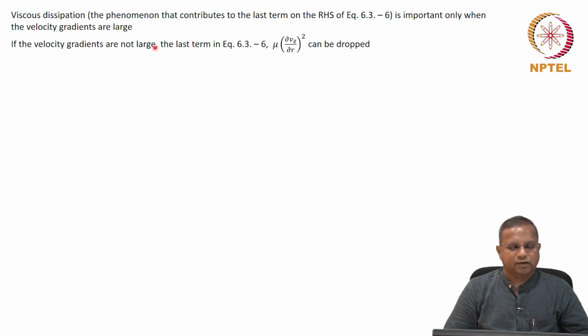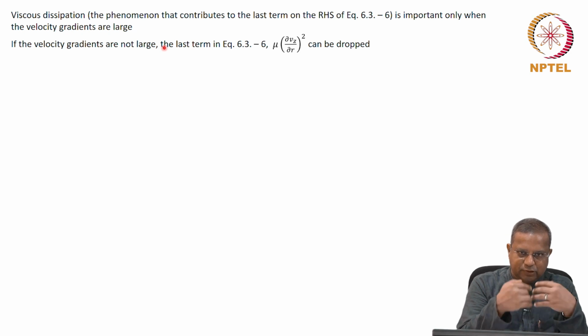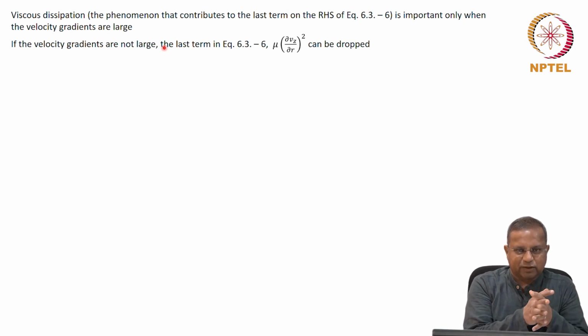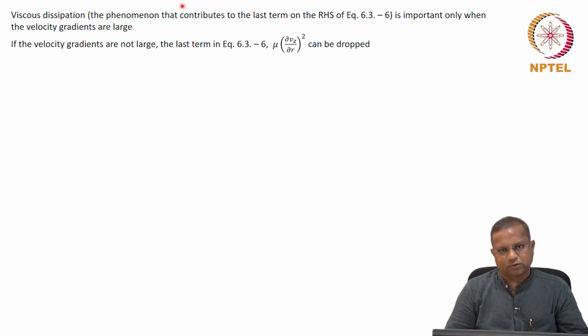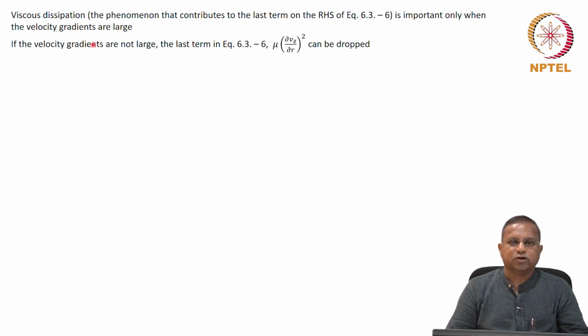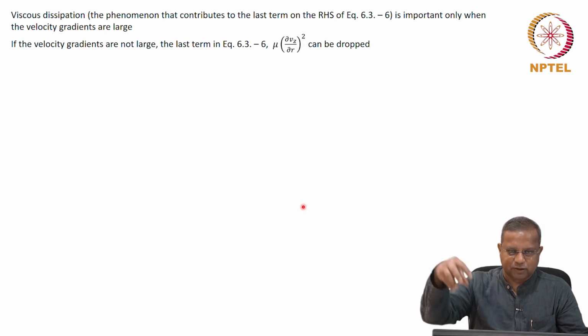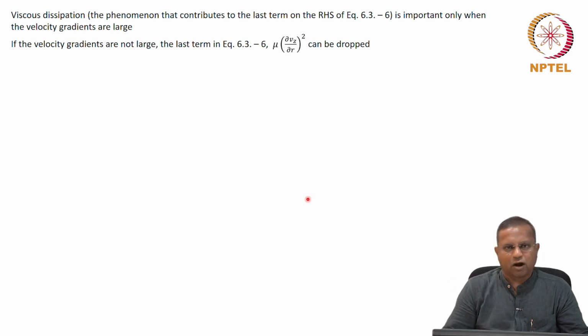So if the velocity gradients are not large, in other words, we are imposing one more condition on our solution to get a handle on that. And then, of course, we are very aware that these are the assumptions that we have made. We need to ultimately go and check. But let me just show you what happens if you put these in, to have a handle on the essence of the solution, the picture that we are looking for. If the velocity gradients are not large, then the last term, mu dou Vz dou R squared, can be dropped. In other words, whatever term that came from that can be dropped. If it is not, then of course you need to have that and figure out ways of solving the equation.